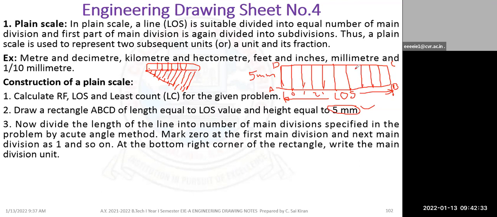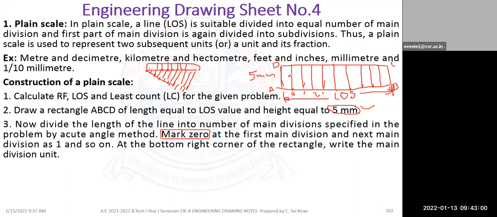The total length is 15 centimeters. If you want to measure 15 centimeters, you take 14 centimeters from this side and another 1 centimeter from this side. Total will be 15. But the first one you have to mark as 0, compulsorily. This is the important point: compulsory mark 0 at the first division. Then the total will become 14.